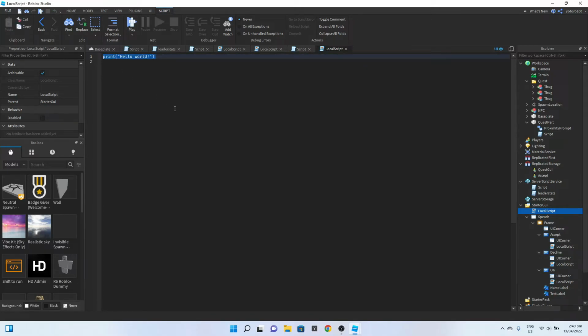And so this is the script: game.replicatedStorage.questGUI.onClientEvent:connect(function with two parameters, GUI and the player. Okay. So if the GUI was equal to